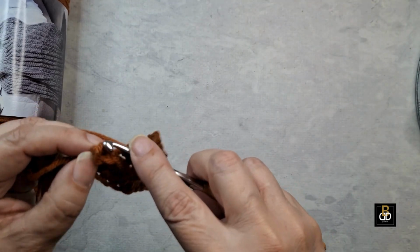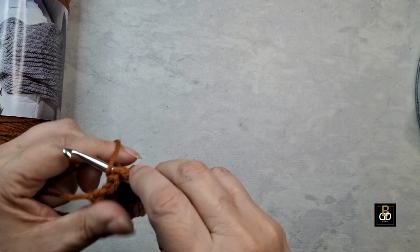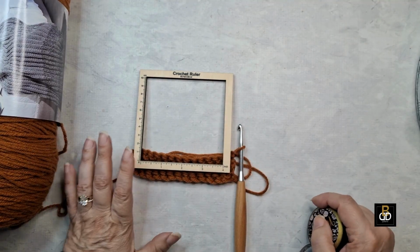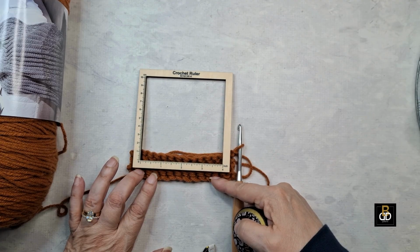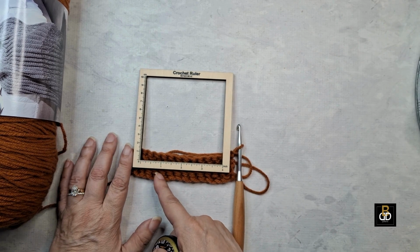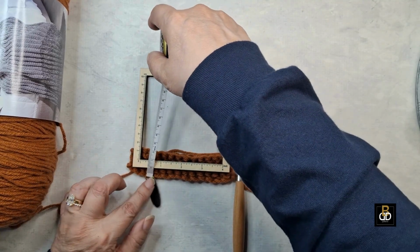Single crochet into the last stitch, chain one, and turn. Okay, I want you to do the repeat row of single crochet into the first stitch, back loop only single crochet into the next 12 stitches, and single crochet into the last stitch until your piece